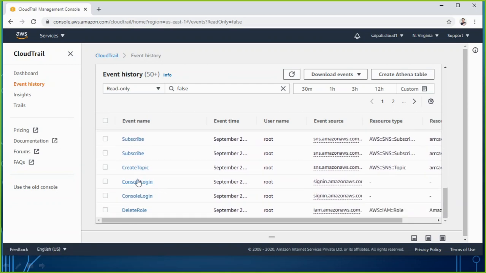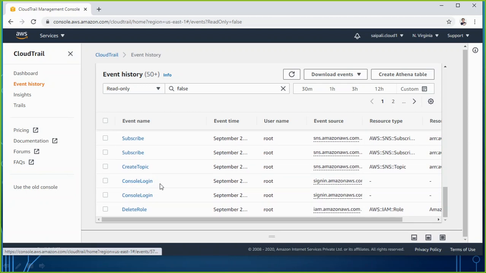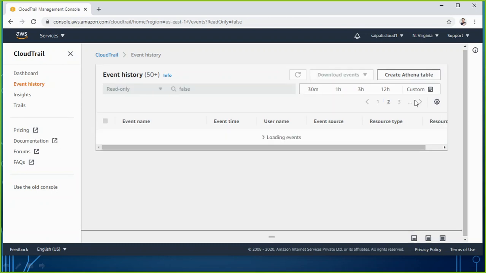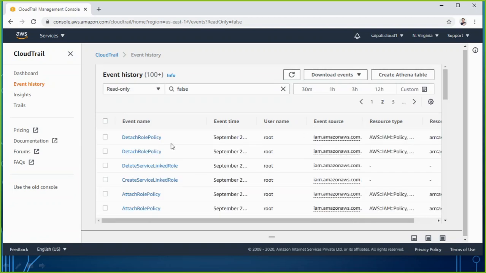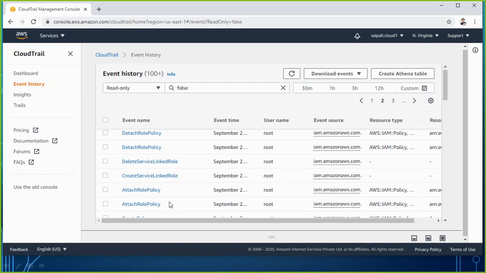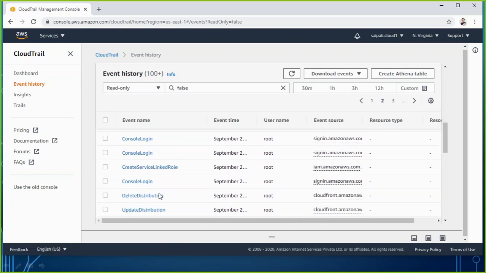Before that, creating a topic in SNS, then console login we did, delete role. So whatever task you have ever performed, you can go to the next page by clicking on this. Now detach role policy, delete service linked role, create service linked role, attach role policy. So now you see everything.